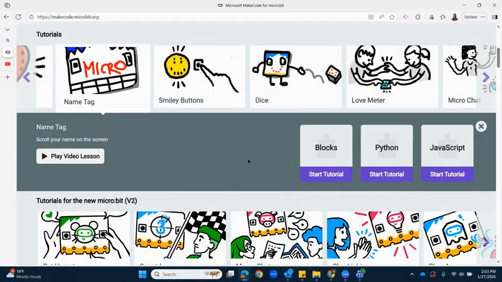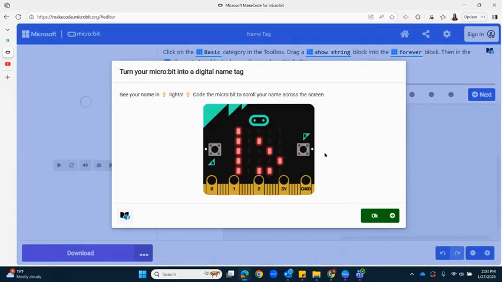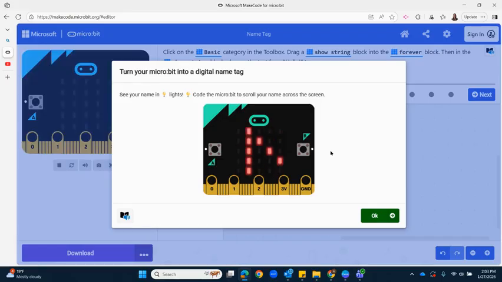After they've viewed the lesson, you'll want them to click on the blocks, Start Tutorial. This is the type of coding that they'll be doing today. Python and JavaScript are also other types of coding, but blocks is a great entry point for students just learning to code. Once they click on blocks, this page will show up, walking them through what they can expect to